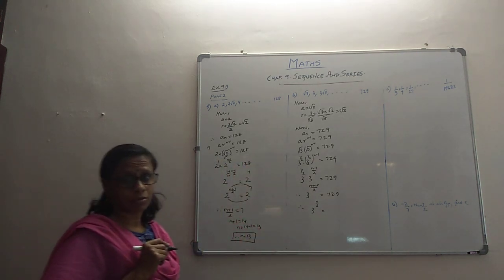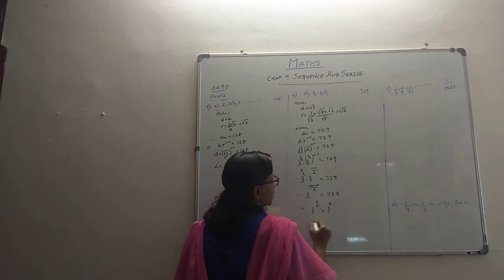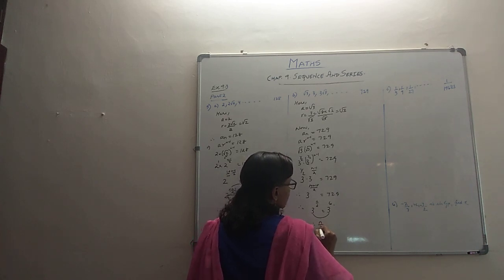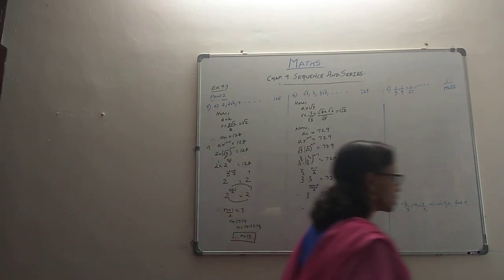And let's check how we can have 729 as a power. I think it's 3 raised to 6 that comes. When the bases are the same, you can compare the exponents. So you have n by 2 becoming 6. Like that, n becomes 12. We get the value of n as 12 over here.